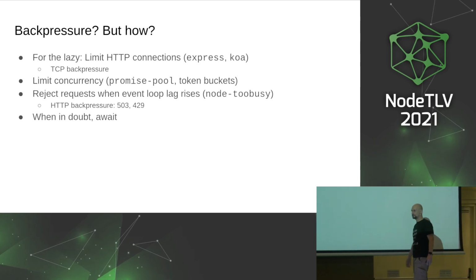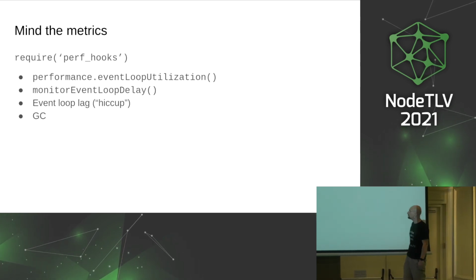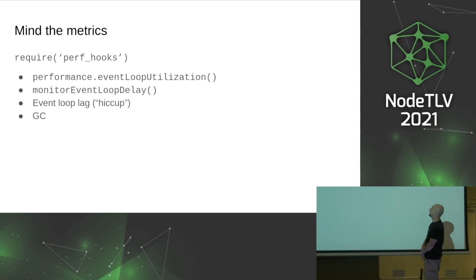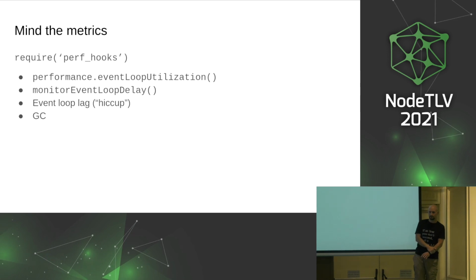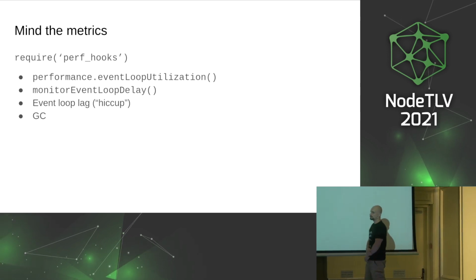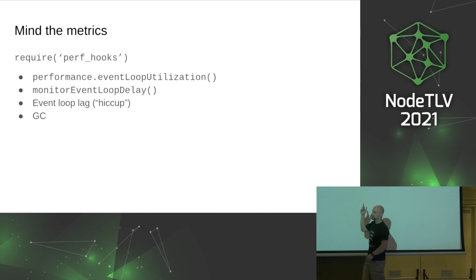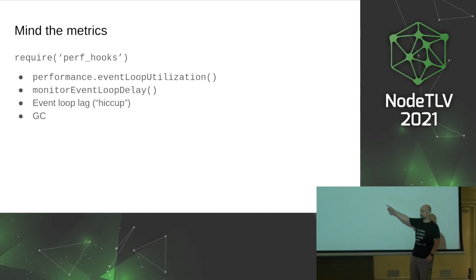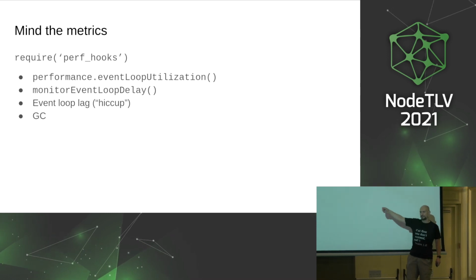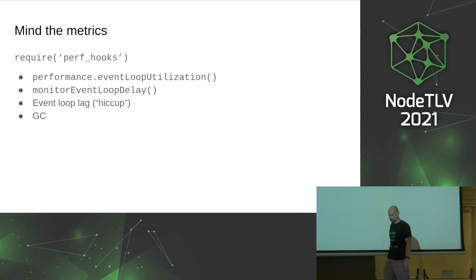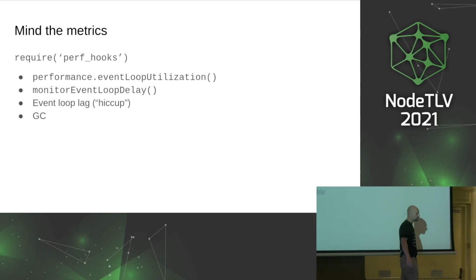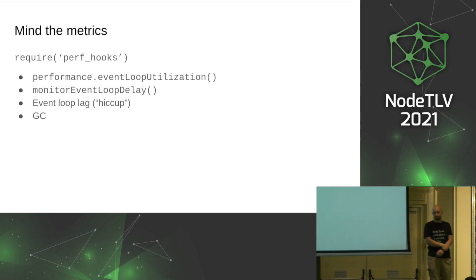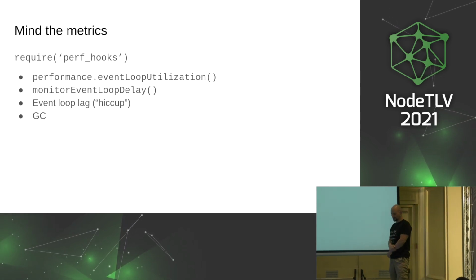It's very easy. So what about metrics? These are the metrics that you can use to get those numbers. First of all, there's a new module in Node.js, I think from version 12 already, or even 10. And basically, you can get the event loop delay and the event loop utilization from it without a problem. Very useful. Highly recommended that you plot this. And of course, use this to reject work when you're overloaded. And of course, monitor the garbage collection, because this is a major cause of variation and low performance in Node.js.